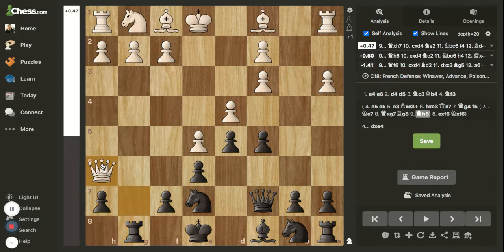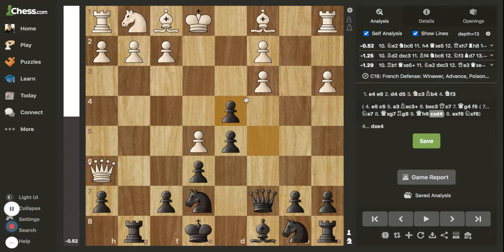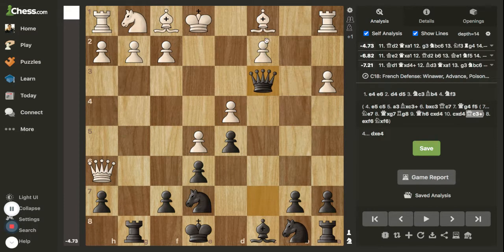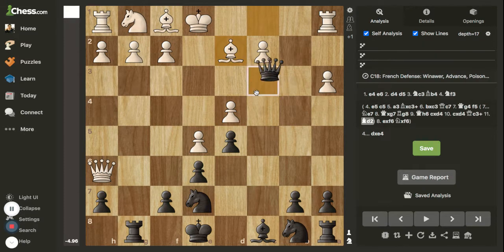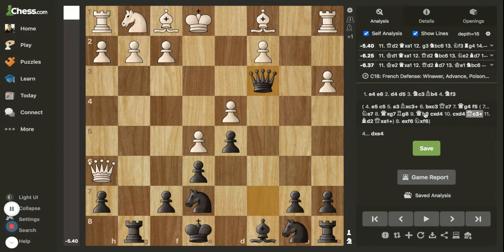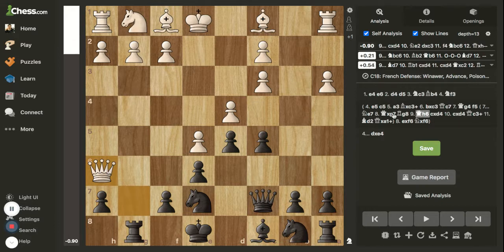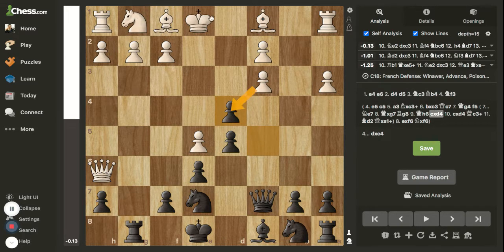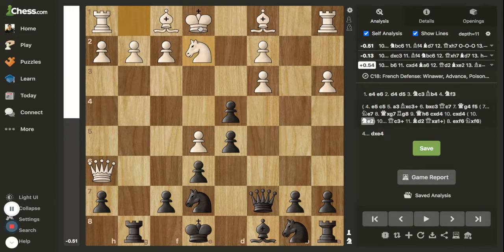Here if he goes to h6, then we'll be playing c captures on d4. Here white cannot capture back because of queen to c3 check, and after you block this you lose the rook. So yes, queen h6, we play c captures on d4, you cannot capture back. So here Mikhail Tal played king d1, but knight to e2 is the theory,